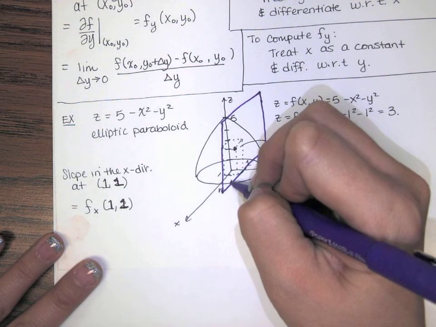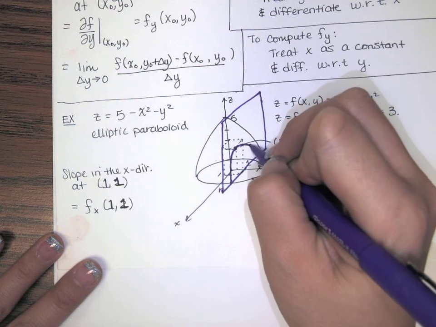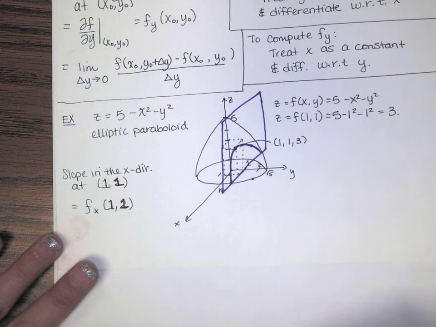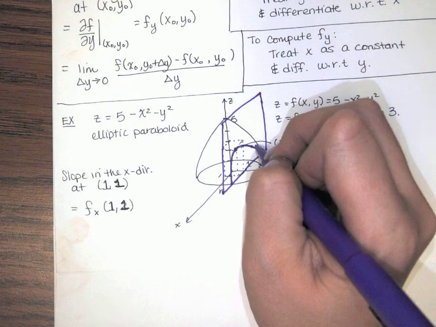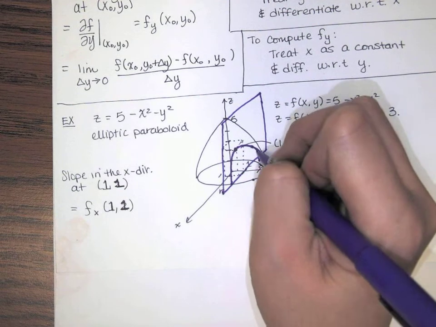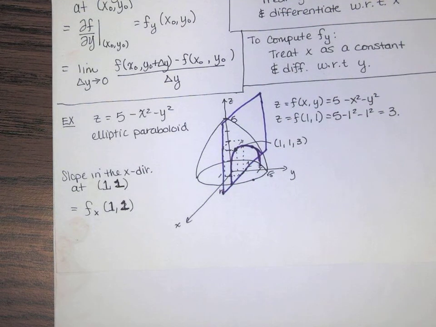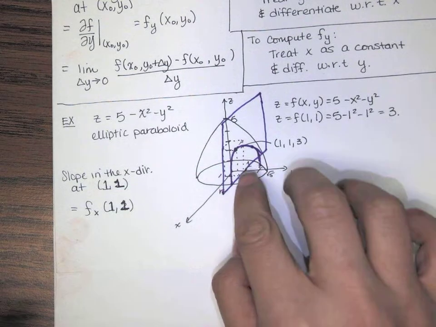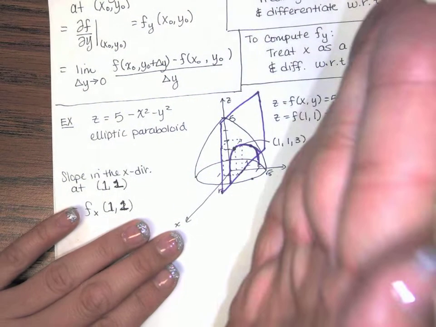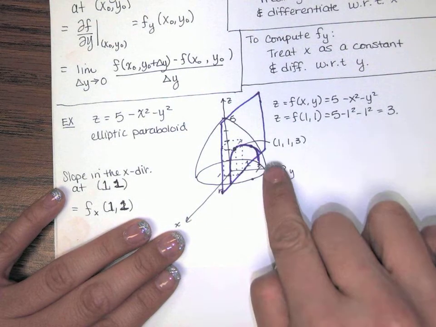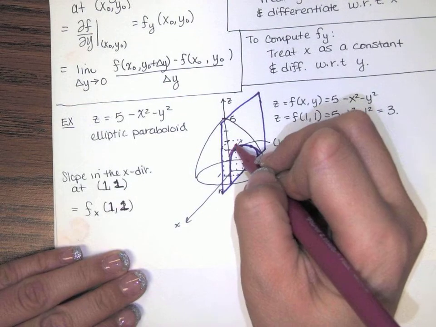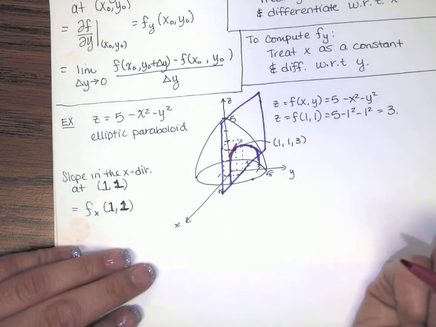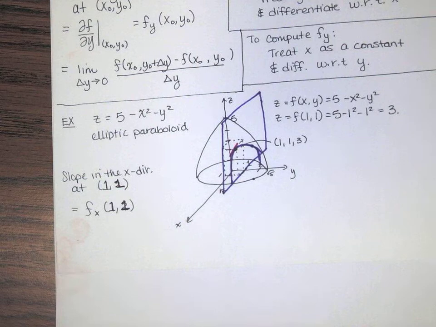And I think what we're going to see is something that looks like this. It's actually going to be on the other side, probably in the bottom. Sorry, that's not a great picture. But yeah, we're going to have a plane that's intersecting our surface, and we want to find the slope of that curve in the x direction at that point. Well, according to